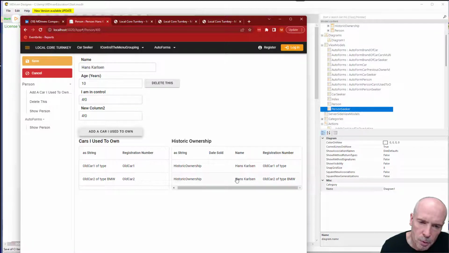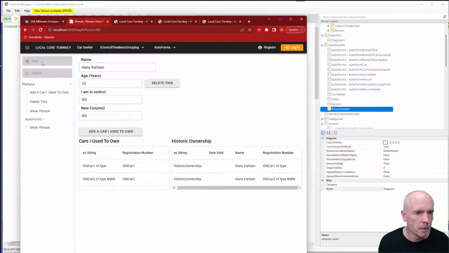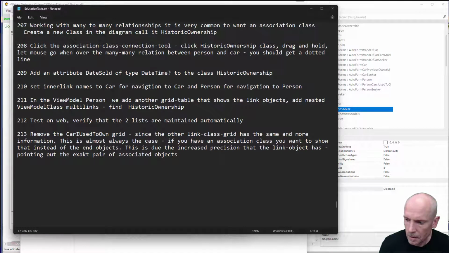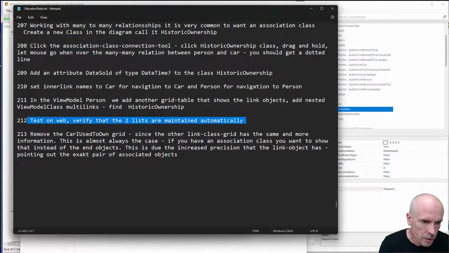Well, then we probably don't want this column, but we probably more likely want this grid than this grid, because this has the ability to hold the date sold, and that would be unique for us. So I'm going to remove this one and only have the historic ownership. So 213, we did this one, and 213, remove the car I used to own grid, since the other link